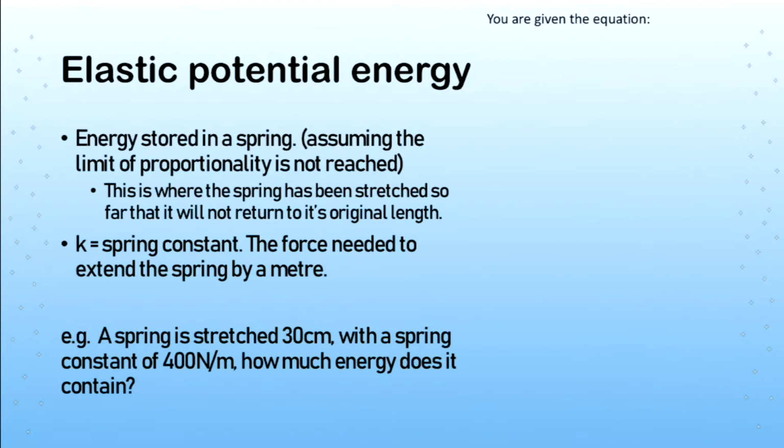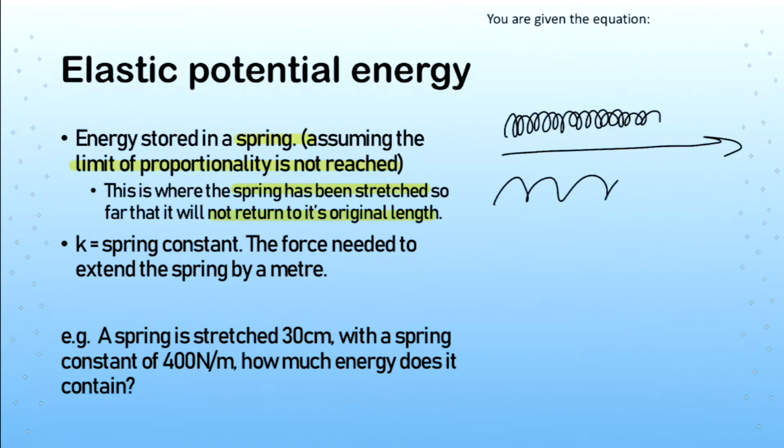The third type of energy we need to learn about is elastic potential energy, and this is the energy that's stored within a spring. This is based on the assumption that the limit of proportionality is not reached. That is a term you need to know, limit of proportionality, and this is just where the spring has been stretched so far that it will not return to its original length. I'm sure we've all done this before. You've got your tightly coiled spring from your pen, because you all love taking apart pens, or you've got your slinky, and you stretch it so far that when you let it return to what it should be, it ends up looking like this. That's where it's gone beyond its limit of proportionality,